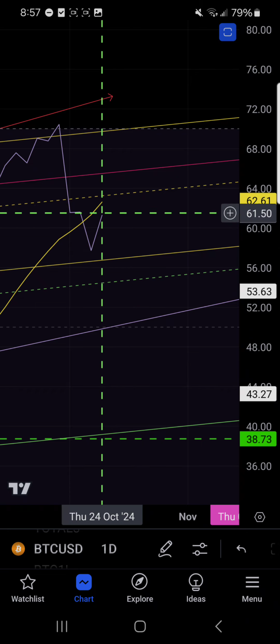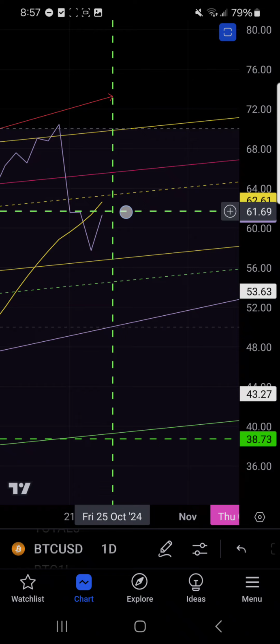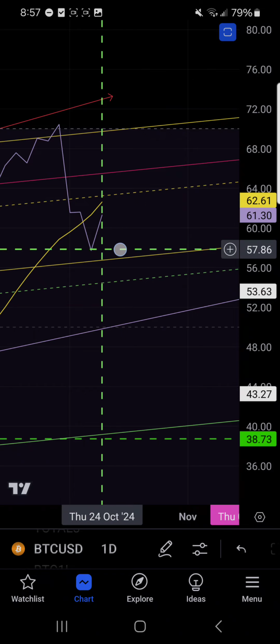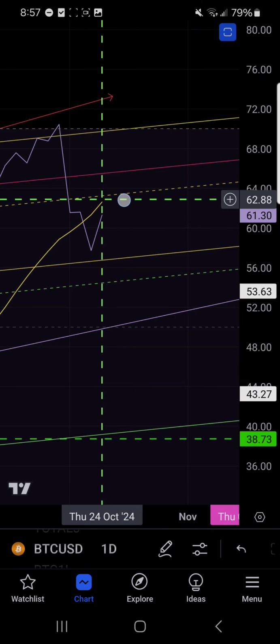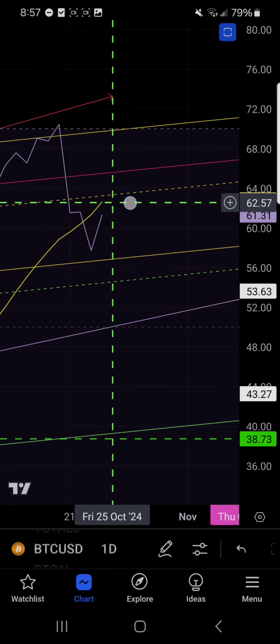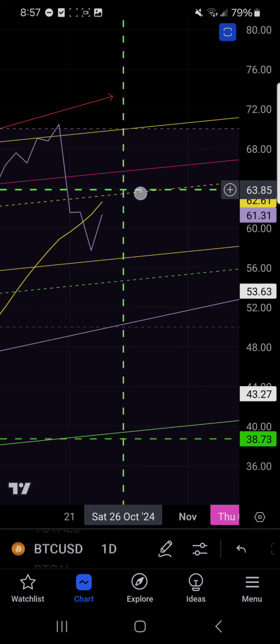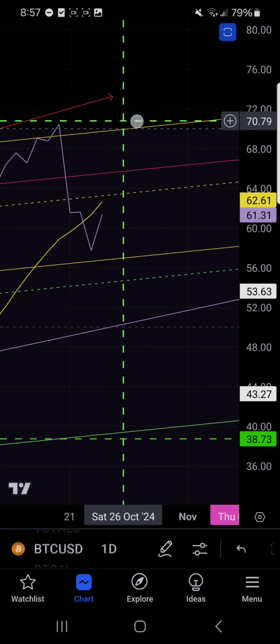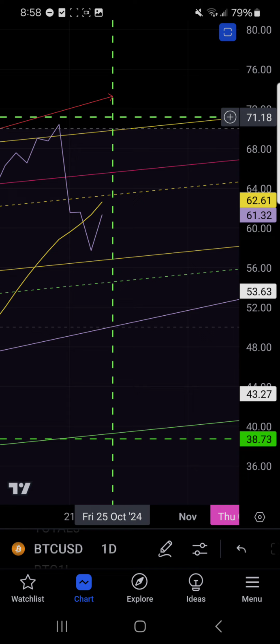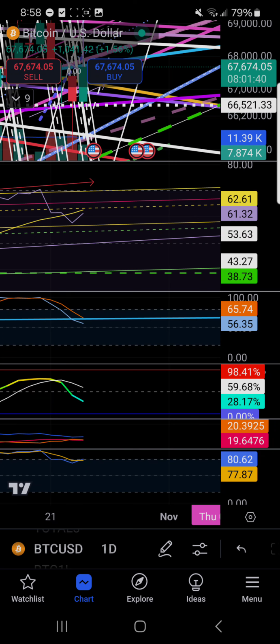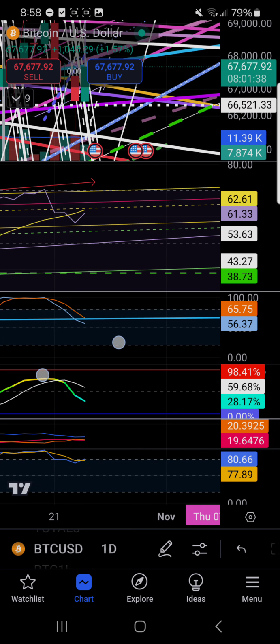So this really all comes together. If we do get that daily close above 67777, more than likely we will cross up here, I'd imagine, and then see a big blast on Friday to the upside. Now, we do have a lot of selling pressure at 70K. And before we look at that, let's look at the,